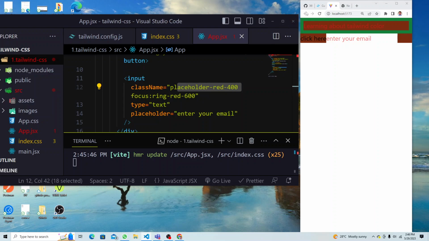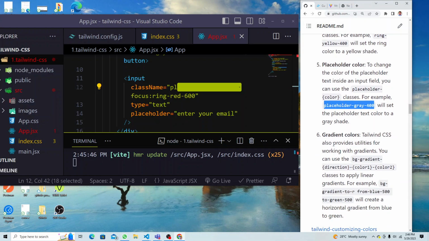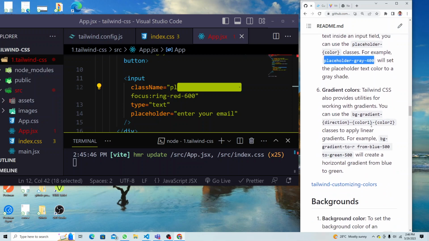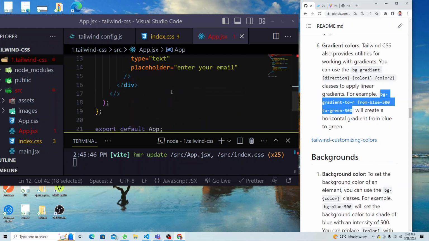Okay, now the point here. Looking at all this, there is gradient color also, right? So how can we apply gradient now? So BG, background, normally we do background, there will be a lot of directions and color 1, color 2, right? So let's get one example. I think let me take this one. So if you want to put a gradient anywhere,